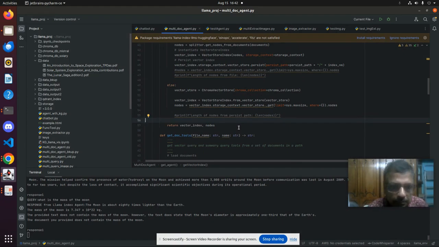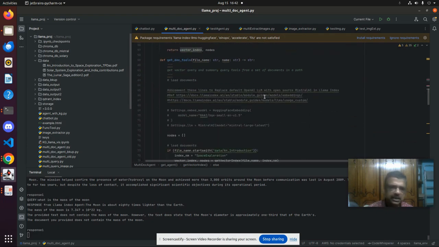So I was printing the length of the nodes, and if you see, the length of the nodes changes a little bit after persisting, and I'm not sure what the reason for that is, but still the answers are quite good. There's one other important thing I wanted to point out here: llamaindex by default uses OpenAI, right? So what happens if I don't want to use OpenAI, I want to use